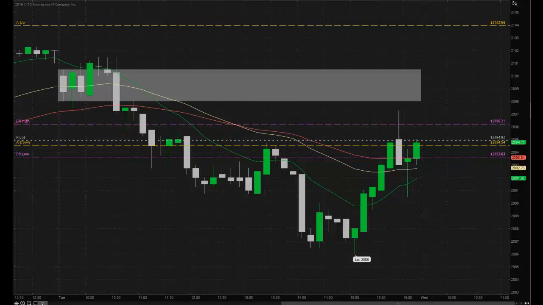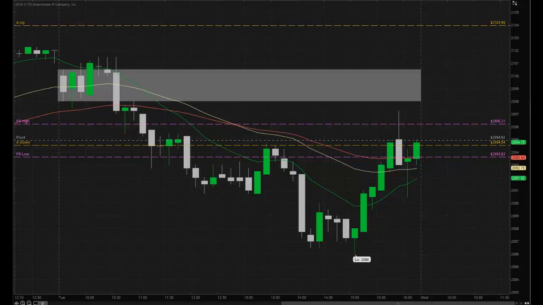But what I'm trying to say is that with plus days and minus days, realize that nothing is set in stone, but you just have to watch the situation that unfolds and realize that you can get the opposite of that expectation. And also, if you do get a plus day or a minus day, the next day watch for a reversal. I've seen this happen a lot. One day you'll get a plus day, and the very next day you get a minus day. I just wanted to make you aware of that. All right, so that's the plus day and the minus day.